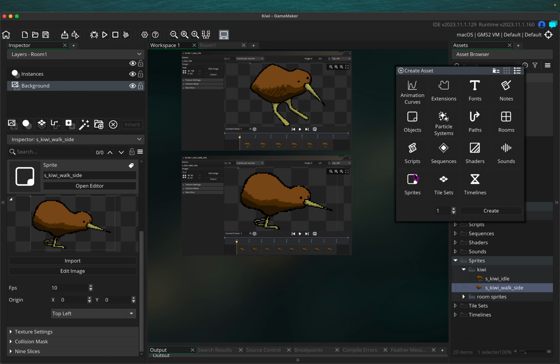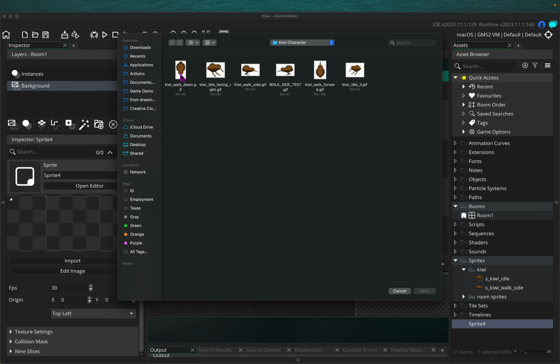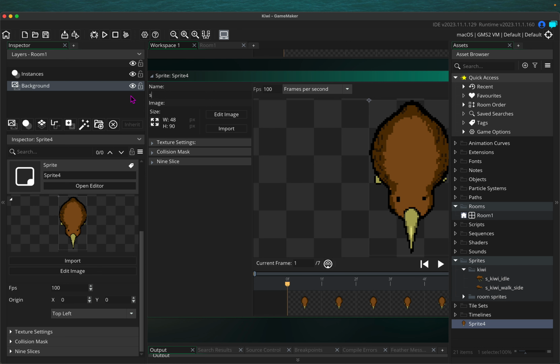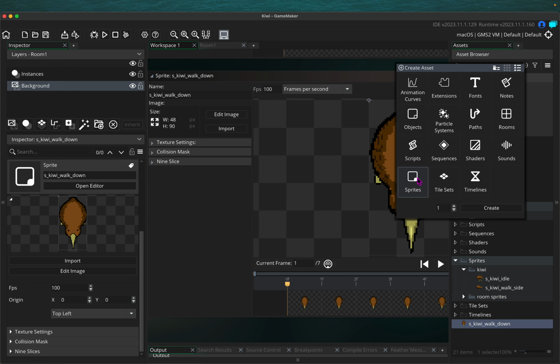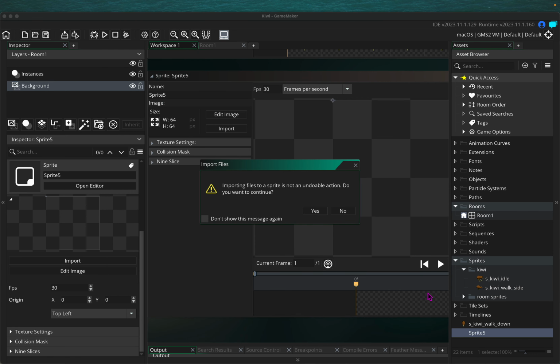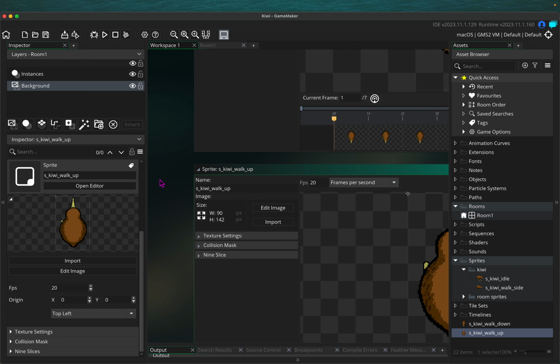Okay, another sprite. We have walk down, s_kiwi_walk_down. Cool. And then last one, create, import walk forward or walk up, S for sprite underscore kiwi underscore walk underscore up. Okay, so we have everything uploaded,